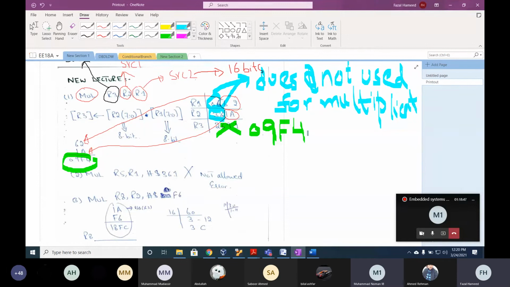No, it can be something else. Think about how it could be done. Now, in this example, let's assume we have the same example. If we want to multiply two 16-bit numbers, the result will be 32-bit. Am I right or not? Do you agree with this or not? Agree sir. Okay. Now, if you agree with this point, how can we store a 32-bit number? Tell me, how can we store a 32-bit number? Think.